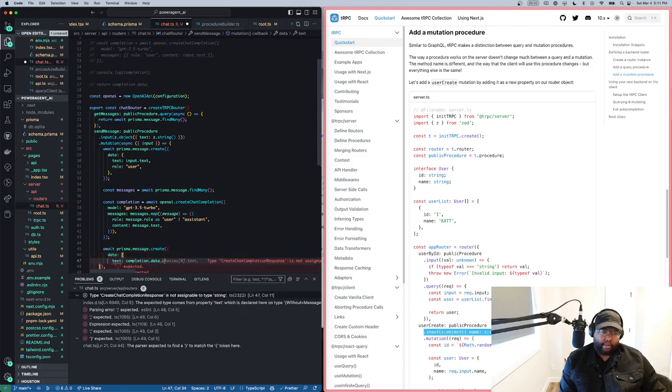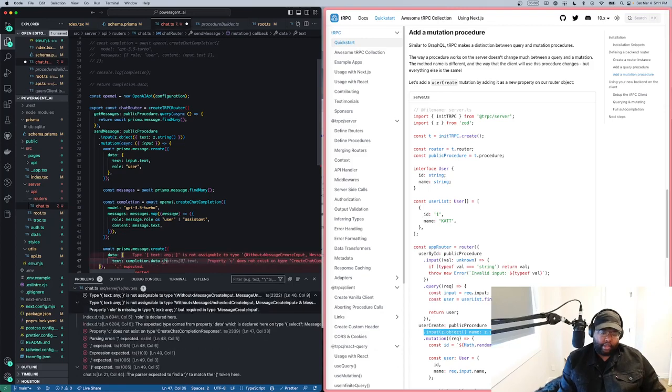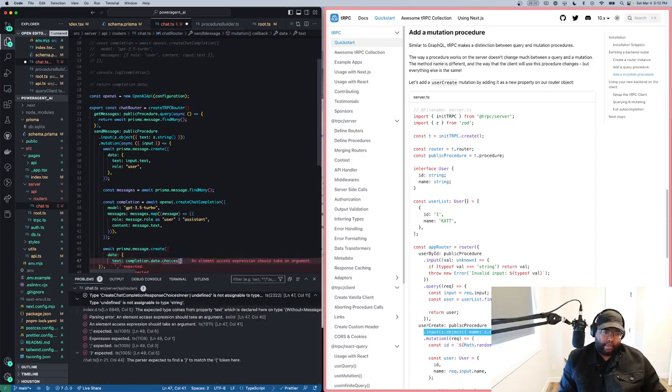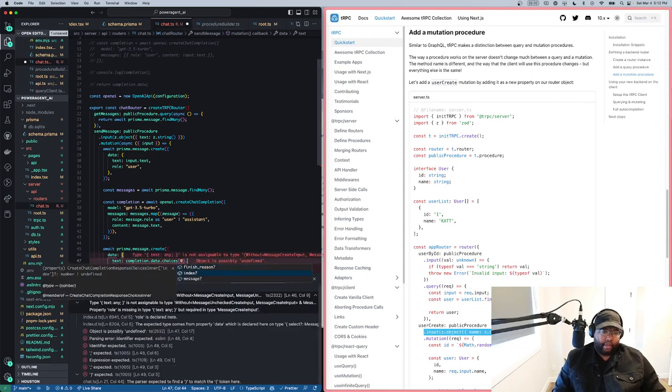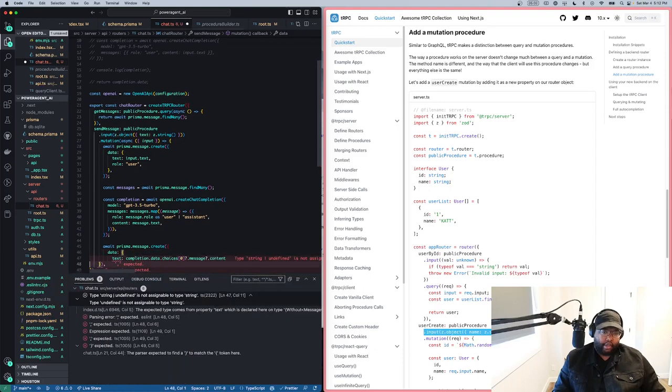Completion dot data dot choices dot 0 dot message dot content, and then the role is pretty much all assistant, but I'll get it to tell me what its role actually is. So I'll get this